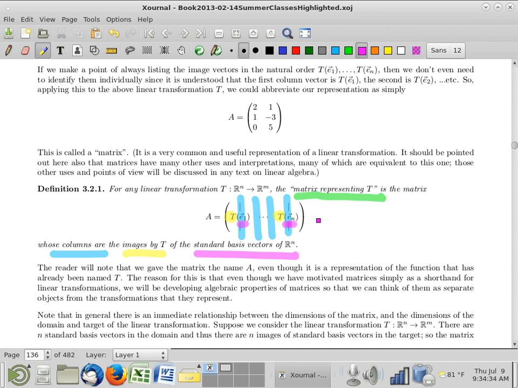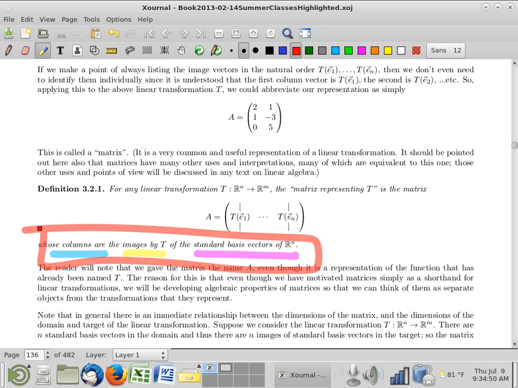So the columns are the images of the standard basis vectors. Just like I did in that previous example. It's a good thing to make sure to remember. In fact, this little phrase right here, the columns are the images of the standard basis vectors, is very, very handy to remember. We're going to make use of this in a couple instances in this course and many, many times in